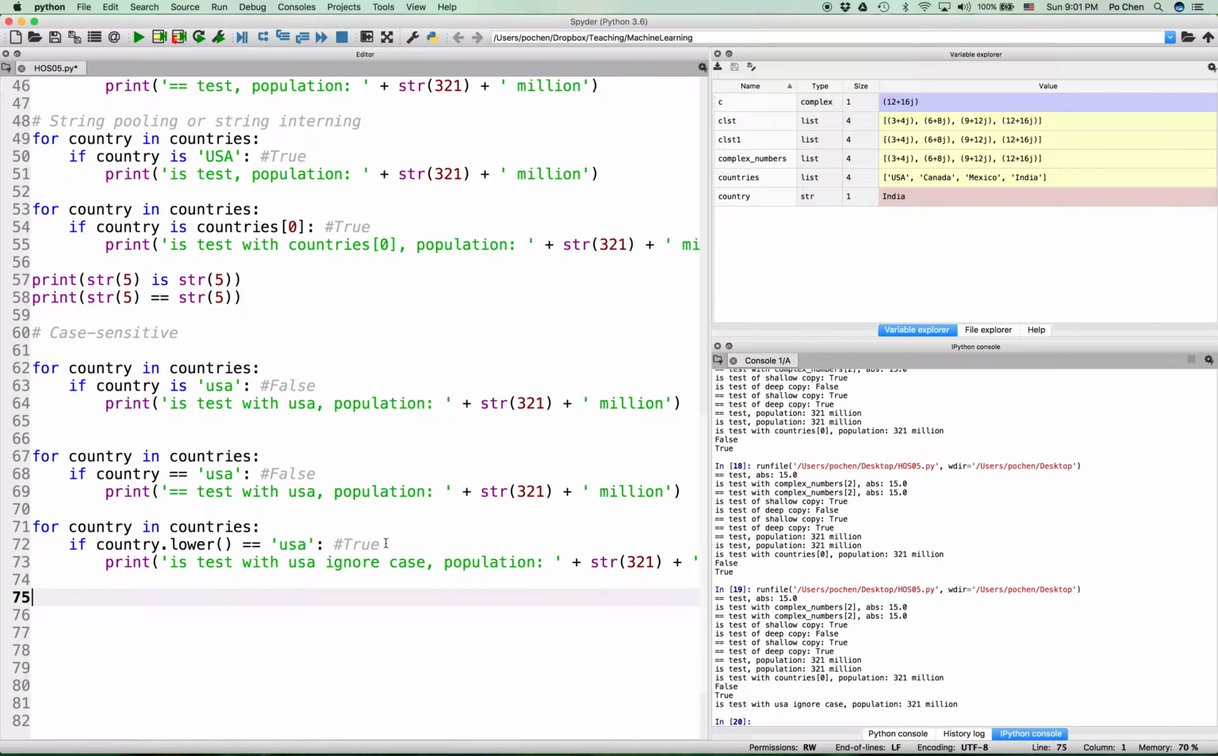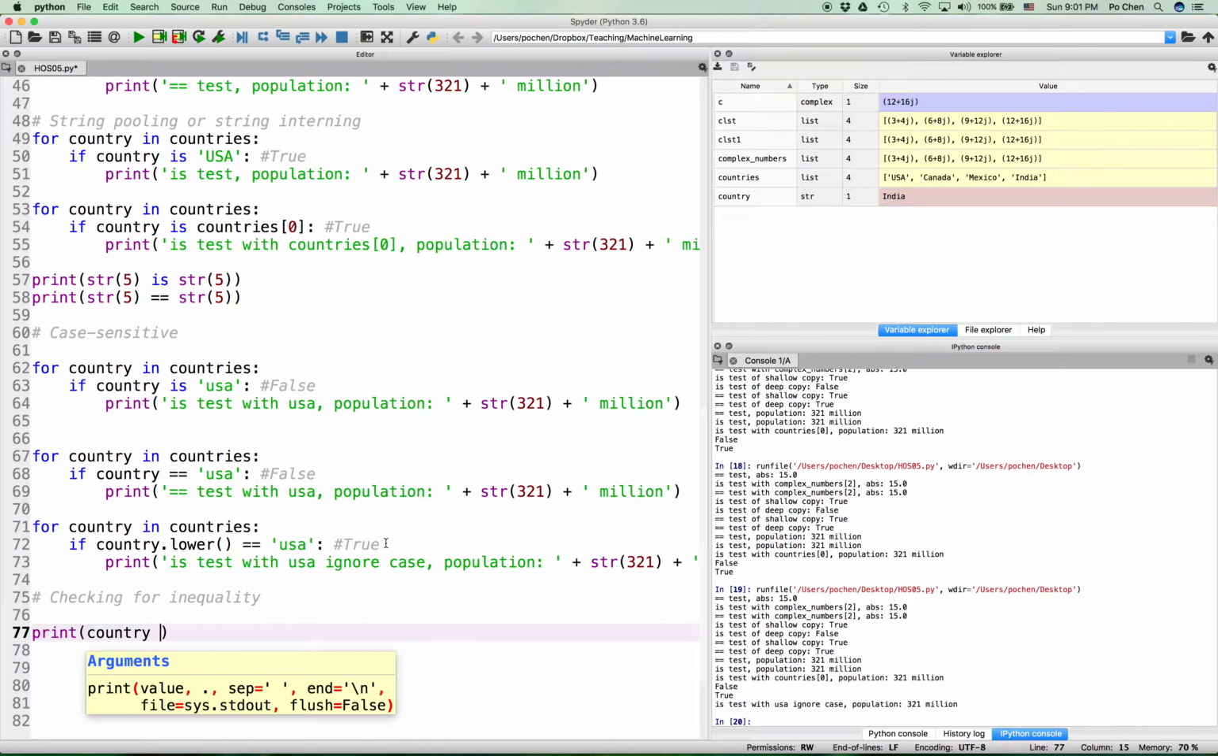So once we have understood how Python checks for equality, it is not too difficult for us to understand how Python checks for inequality. Checking for inequality. To check for inequality of values, we use the inequality operator, which is the exclamation mark followed by the equals sign. So if we want to check for inequality, country not equal,